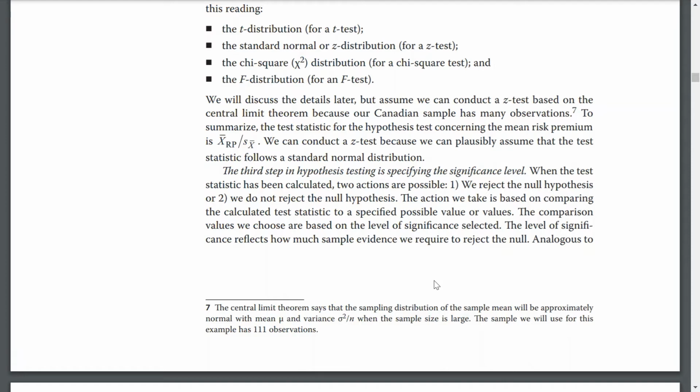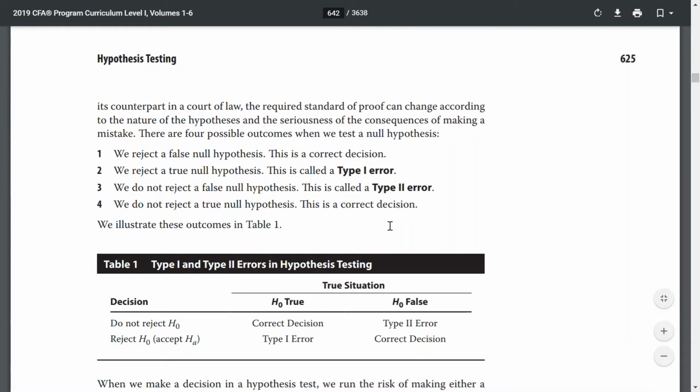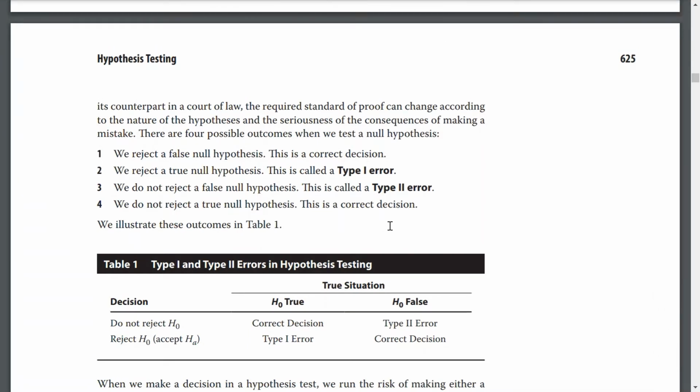The level of significance reflects how much sample evidence we require to reject the null, analogous to its counterpart in a court of law. The required standard of proof can change according to the nature of the hypothesis and the seriousness of the consequence